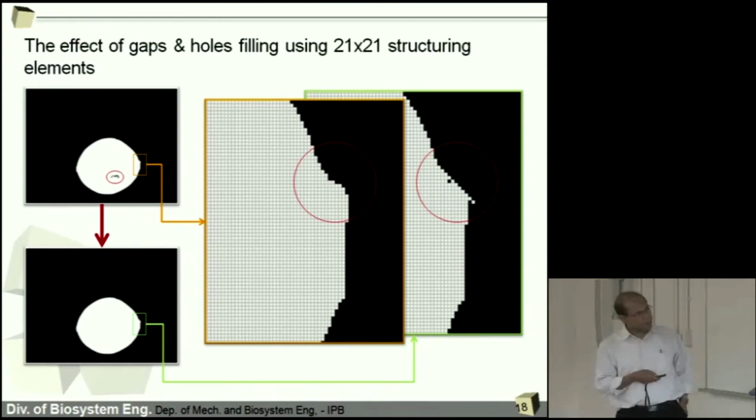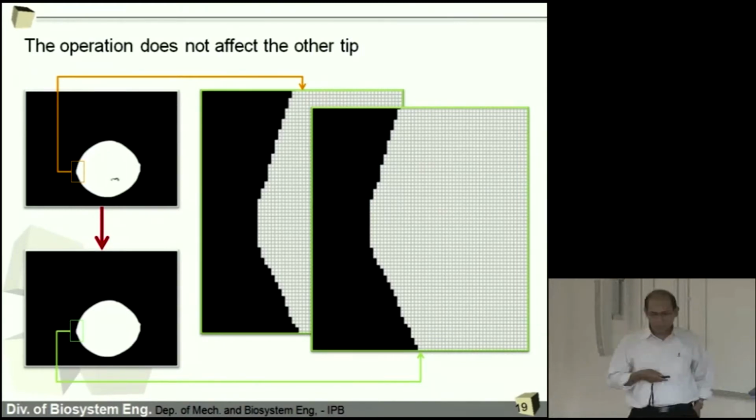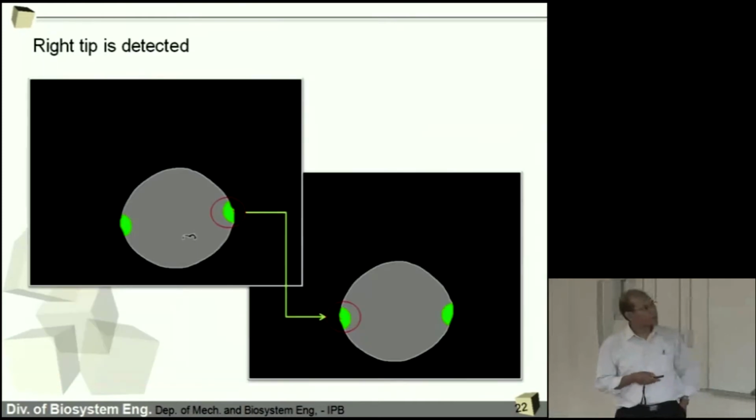But I just want to say that we have a small effect here, but we don't experience any effect on the other side. So that's the work of the filter we want to apply, so we can fix some problems and leave the other parts unaffected. And then this operation with the 45 by 45 structuring element also makes a little bit of difference, and finally it can produce a smoother line here, like the yellow line I showed you before. Then after this operation, again it didn't affect the other tip. So by this process,